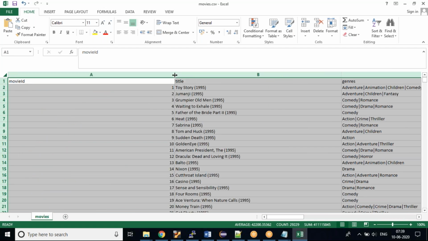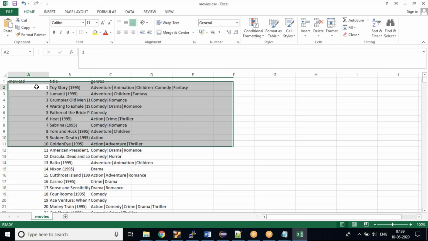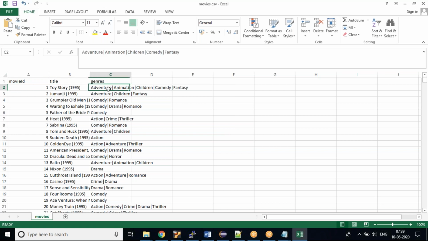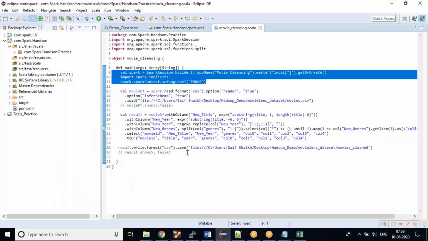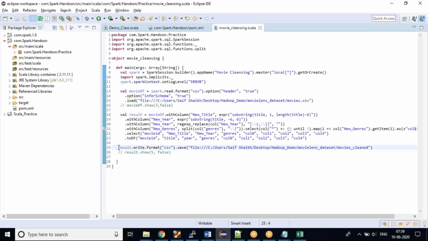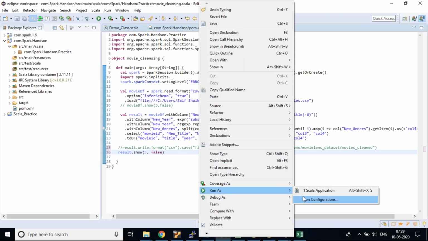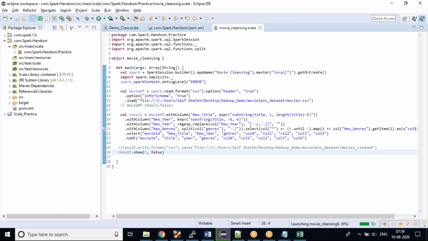Over here, this is my movie ID column, this is my title column, and this is my genre column. What I needed to do is split the title, Toy Story, which is the string, and the year. I've written the code over here. I'll explain a little bit, since this is the part of my training wherein we go in depth on how to write the code. I'll just execute this.